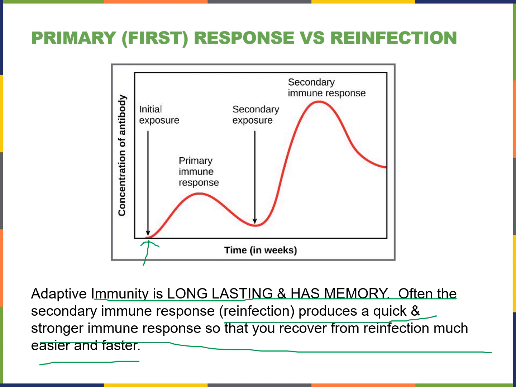Or let's say there's no vaccine for this virus that's infecting you, like we had with COVID, that's initial exposure there. And on this side of the graph, we're looking at the concentration, how much antibody is produced. So what we'll see is that for the primary immune response, that's the first time you're seeing this infectious agent, right? It is a longer time, there's a peak in the response, and then usually this line coming down